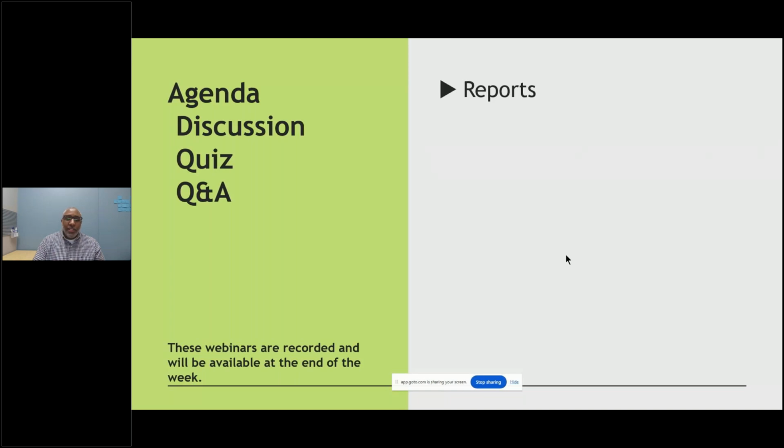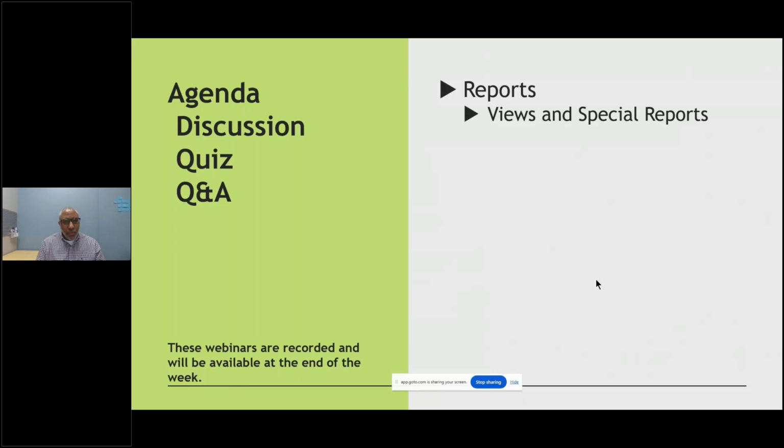Okay, so let's go through the different topics that we're going to cover. I don't have as many slides as I did in the prior ones, but I do have a few slides here. So we're going to talk about reports. There's different types of reports inside of the system. Lots of times we always consider reports to be that piece of paper that we print out, but there are several views that have information that would be considered reporting information.